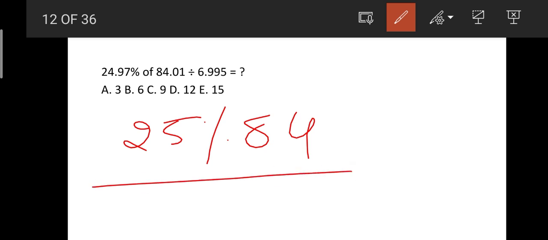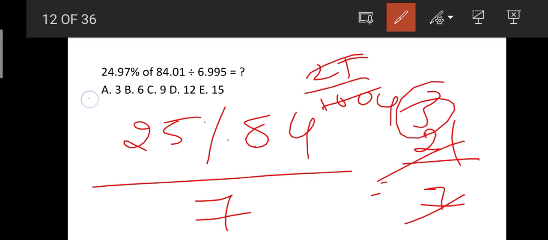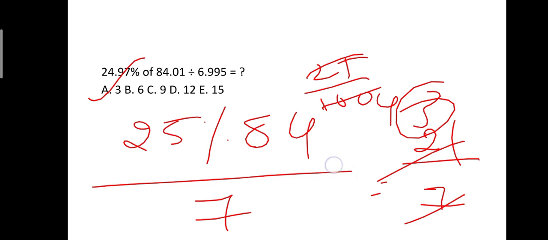Next question. So friends, see here, 24.97% of 84 divided by 6.995. So you can take 24.97 as 25% of 84 divided by 6.995. You can take it as 7, isn't that? So 25% of 84 means 84 divided by 4, isn't that? So 25 divided by 100 means you will be surely getting 1 by 4. So 84 by 4 is nothing but 21 divided by 7, nothing but it is 3. That is first option, 3. Okay, this is also very simple question friends. Okay, next we will be moving to our next question.